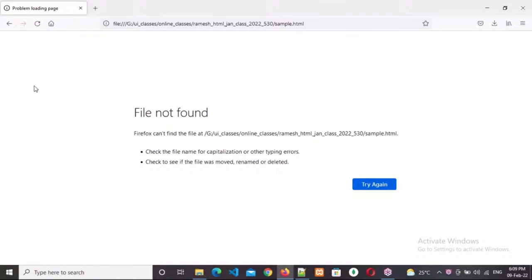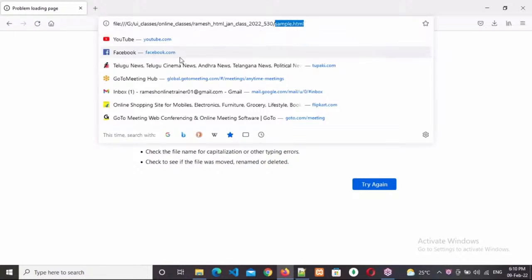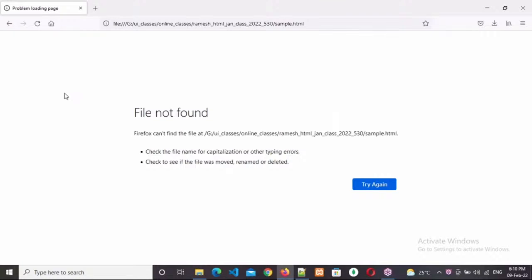Yes, sir, we are navigating. No, no, Srija, we are navigating to sample.html. But since the file is not there, wait one second. Since the file is not there,